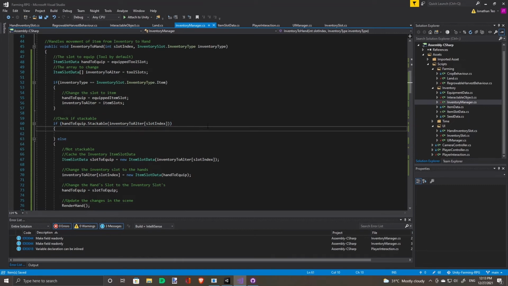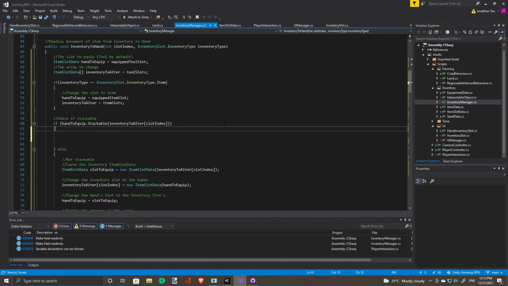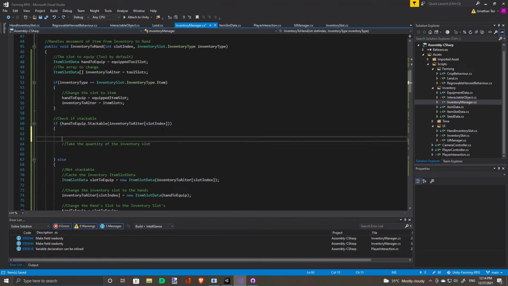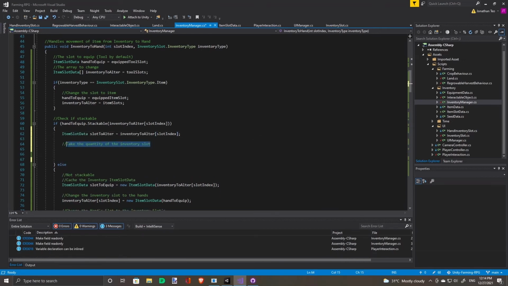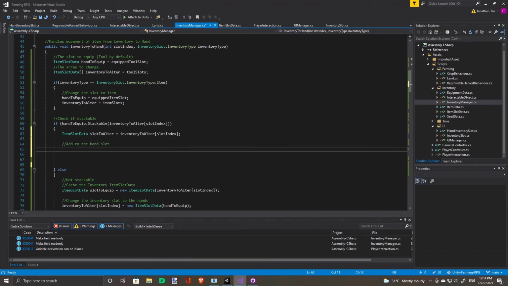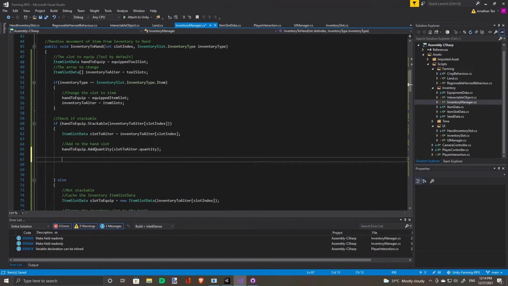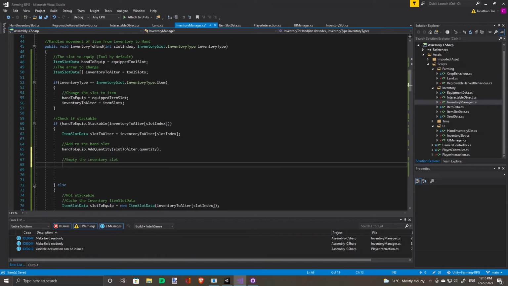Okay. Yep. So if it is stackable, to stack an item, you take the quantity of the item in the inventory slot and then you add it to the quantity of the item in the hand slot. Let's get the inventory slot first. With the quantity added to the hand slot, we can clear the inventory slot.